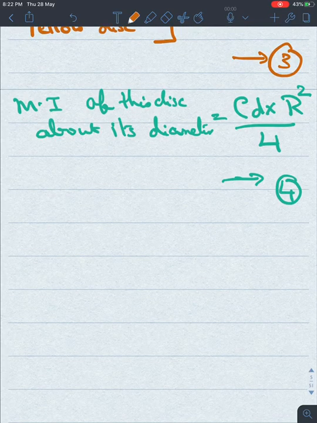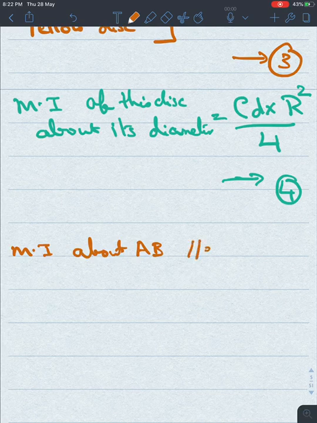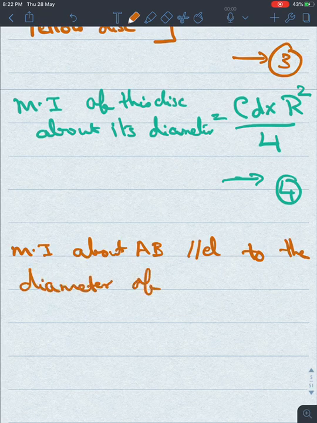So we can write the moment of inertia about AB, parallel to the diameter of the yellow disc,